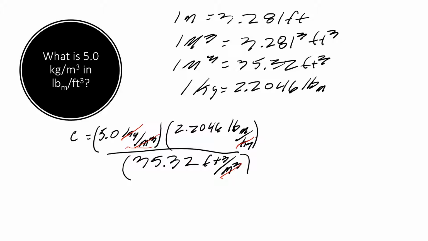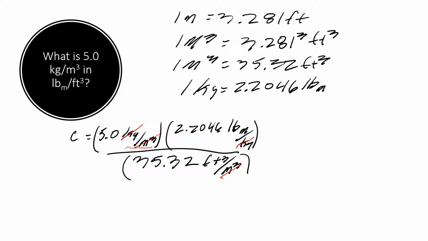And we're going to end up with, oops, delete that. Oh no. Hold on. Let me get back to my calculator. I lost it. This is also my phone, of course. There we go. 5 times 2.2046 divided by 35.32 equals